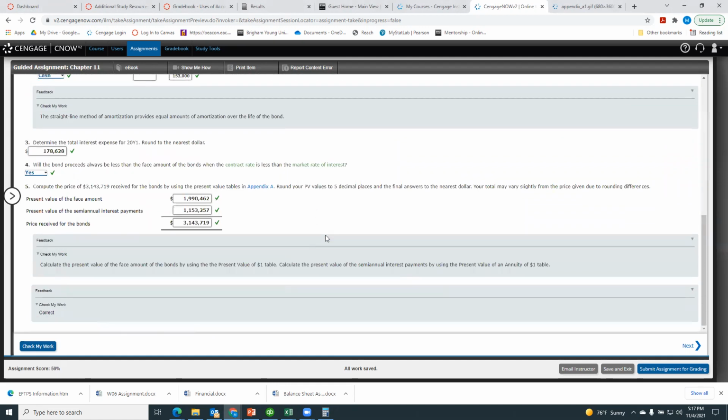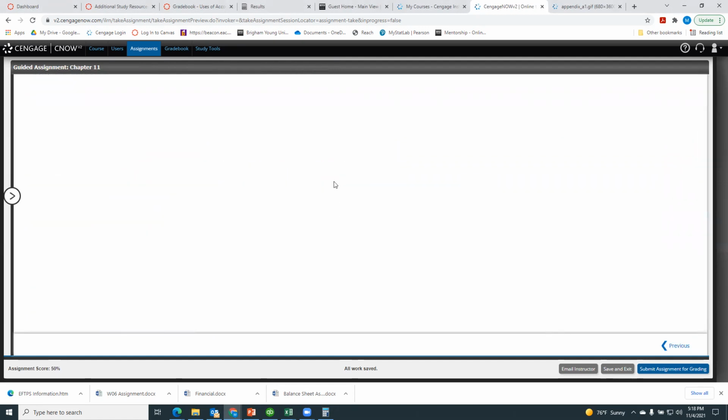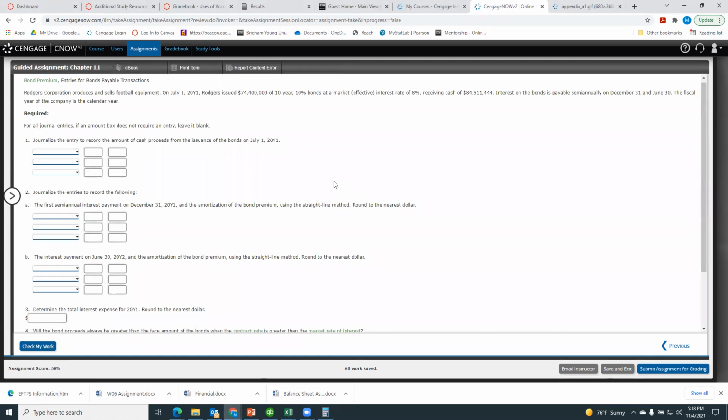All right, so there's our first problem. Let's move on to our second problem. It's going to be similar, except on this one, we're going to be issuing the bond at a premium. Okay, so Rogers Corporation produces and sells football equipment. Rogers issues 74 million. This is a big one, 400,000 of a 10-year, 10% bond, and the market interest rate was 8%. So now we have a market rate of less than our bond rate. They received cash of